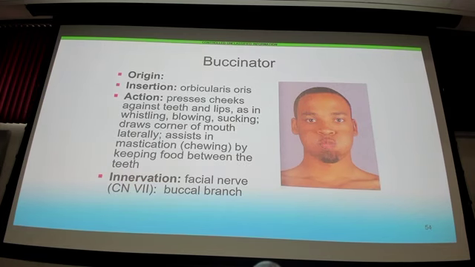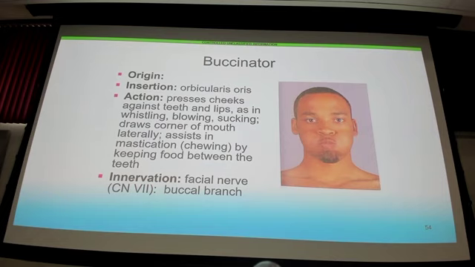Buccinator. When you look at this muscle, it inserts into orbicularis oris, and its job is to help with things like whistling, blowing, sucking, and it draws the corners of the mouth laterally, right? And really it assists in helping chew also. So this individual is puffing their cheeks out, but buccinator, when it contracts, if you're chewing something in your mouth, like your burger,